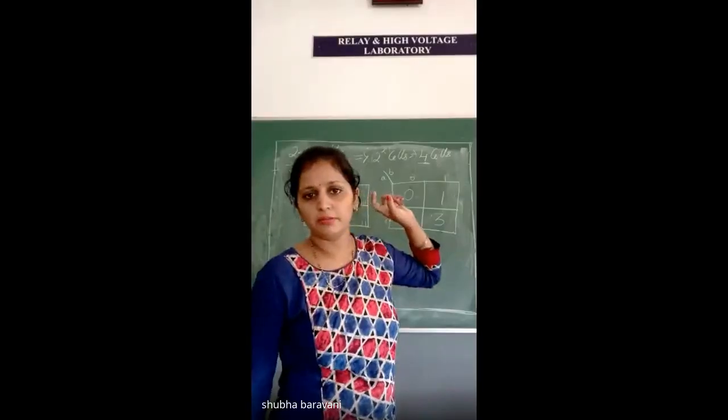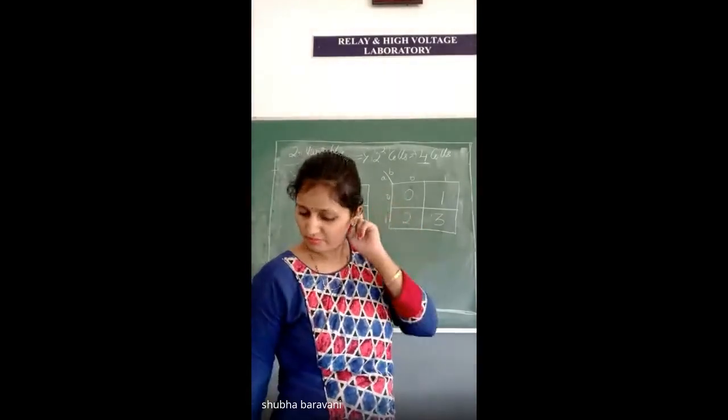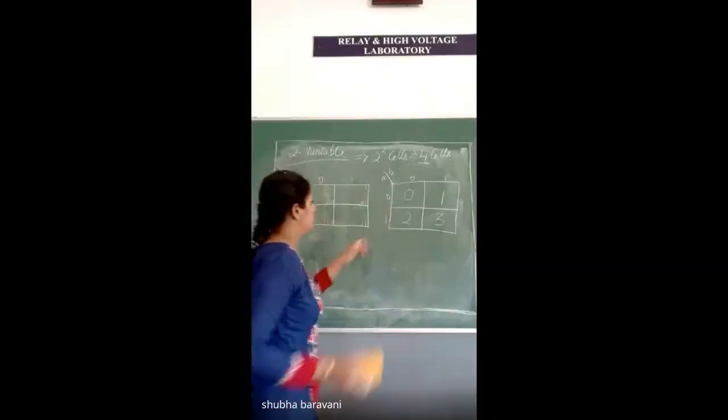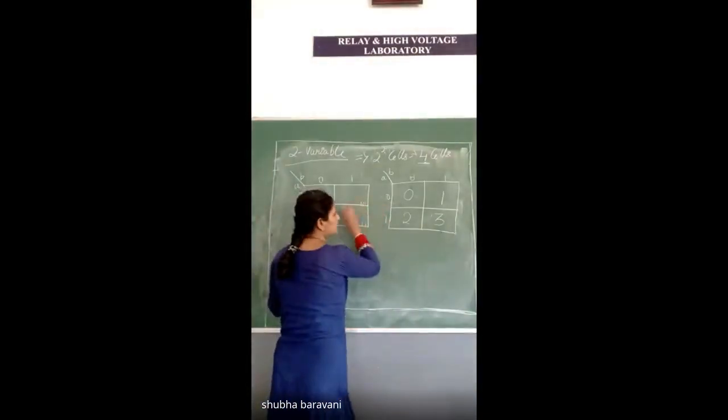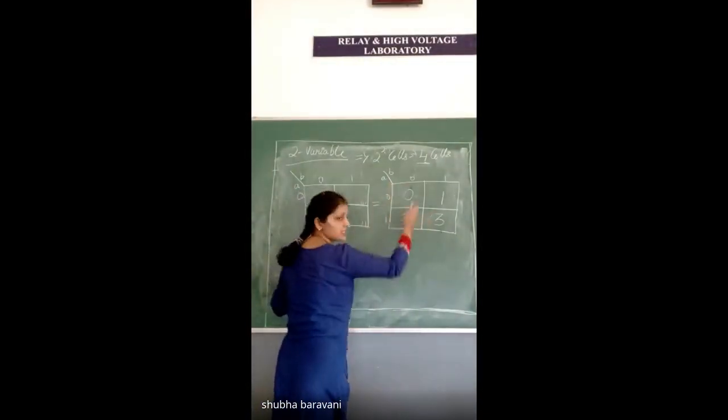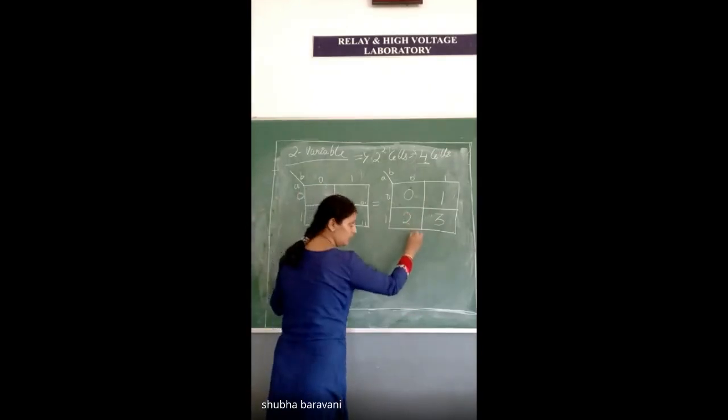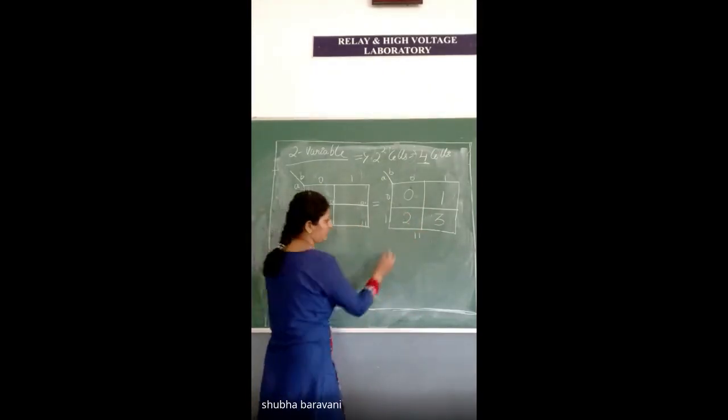We'll proceed. Right? So this is also okay. This is equal to this. Now the third way of representing this K-map